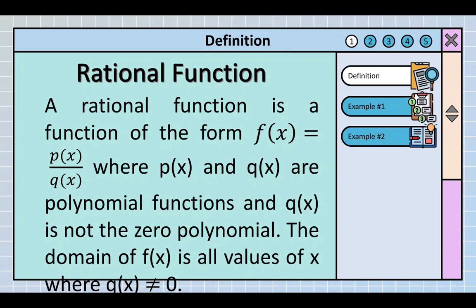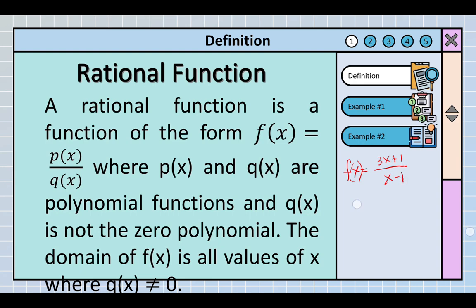Okay, now let's define rational function. A rational function is a function of the form f of x is equal to p of x over q of x, where p of x and q of x are polynomial functions and q of x is not the zero polynomial. The domain of f of x is all values of x where q of x is not equal to 0. Now for example, I have here f of x is equal to 3x plus 1 over x minus